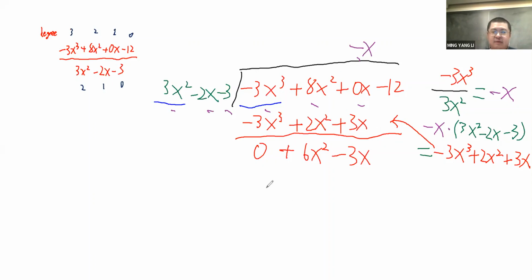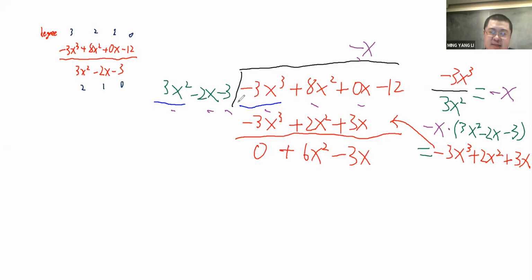We first have the quotient and divisor, then we calculate the division of the leading term. We calculate the leading term, negative 3x cubed divided by 3x squared. We got the purple negative x, which should be our leading term in the quotient part. We put this negative x in purple on the top of the third term of the dividend, because we have three terms